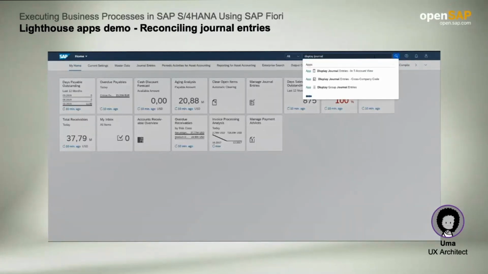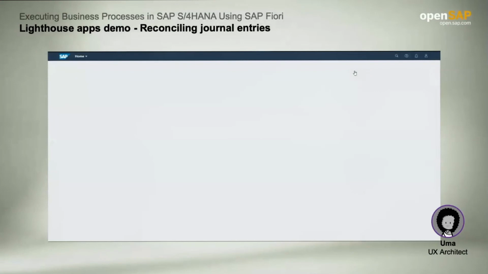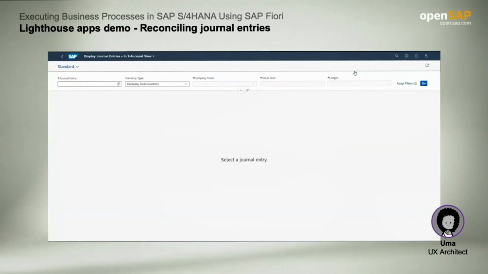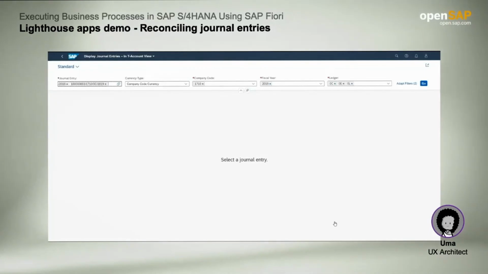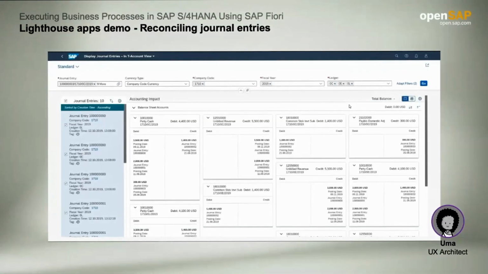However, the Display Journal Entries in T-Account View, which is an SAP Fiori Lighthouse transactional app, they can do this very easily. They can filter by company code and fiscal year. The journal entries are shown on the left, and each of the accounts and a summary of transactions for that account is displayed in a card on the right.